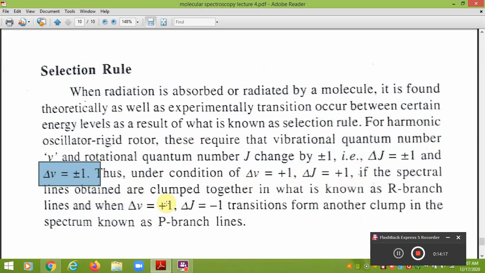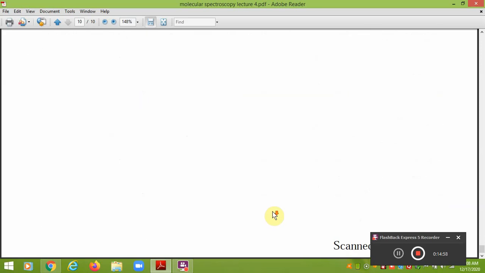The spectral lines obtained are clumped together as the R branch line, and under the selection rule delta V equal to plus 1 and delta J equal to minus 1, the transitions form another clump in the spectral line. The lines obtained are called the P branch line. So for the R branch line, remember, delta V is equal to plus 1 and delta J is equal to plus 1. But for the P branch line, delta V is equal to plus 1, but delta J is equal to minus 1. So this can be asked to you